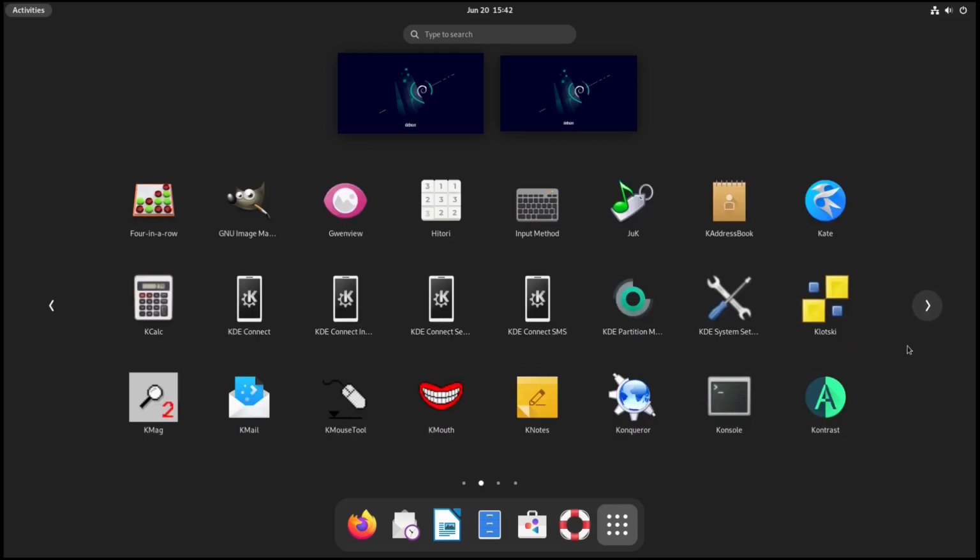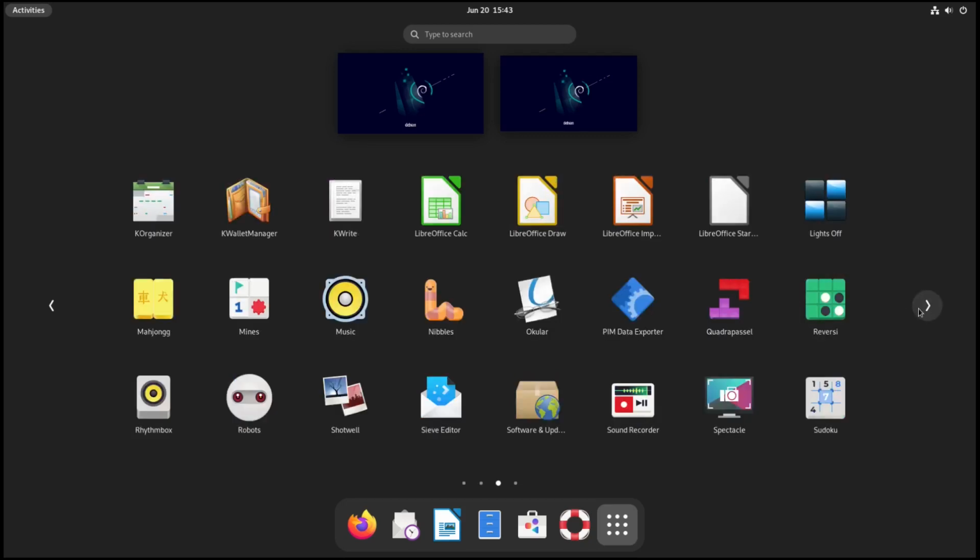So if you click that arrow or one of the buttons or dots down here, it goes to the next 3 rows of applications. And so we've got GwenView, which is an image viewer, Kate, KCalc, and KConnect. I guess you can see I have KDE Plasma installed. KDE system settings, Kmail, and Konsole, which is the KDE version of the terminal. And next 3 rows, you've got Korganizer, Kwrite,